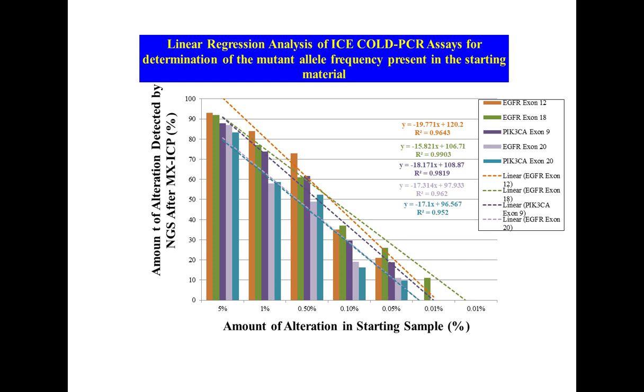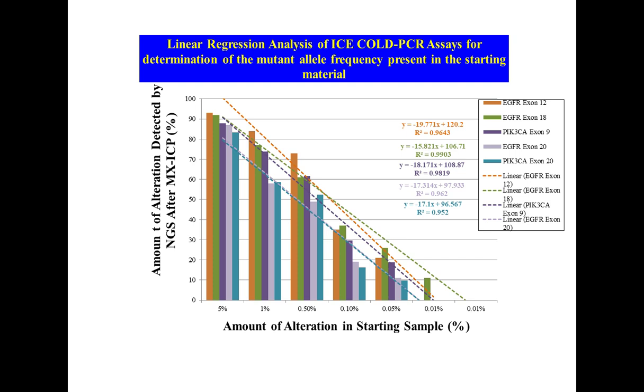What is the mutant allelic frequency in the starting sample, and on the y-axis is the resulting frequency after cold PCR. And as you can see here, if you take any given mutation, just concentrate on the green color, for example, you can plot a nice, relatively good straight line